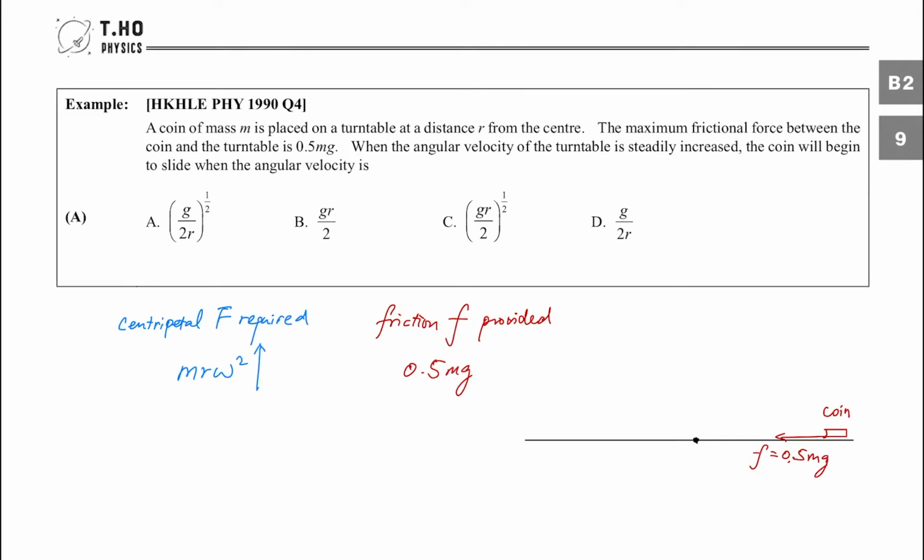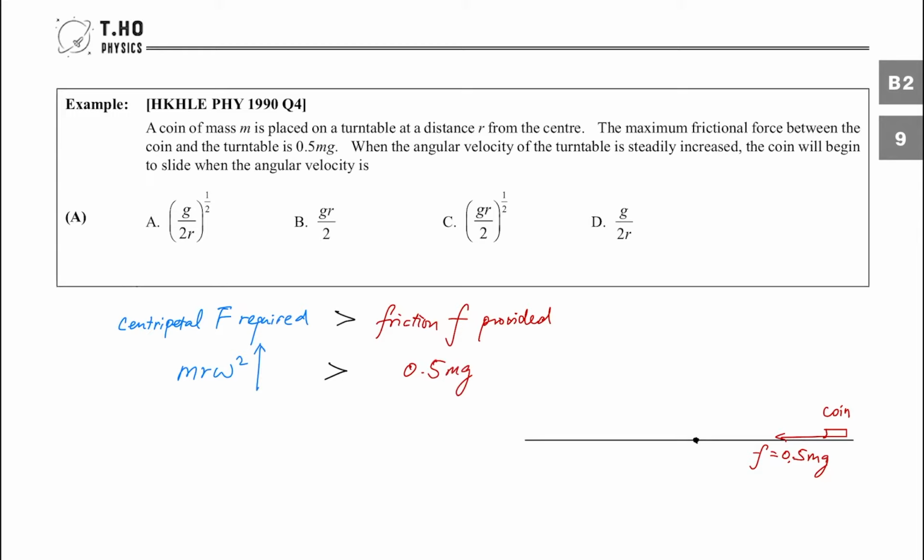As the turntable rotates faster and faster, the centripetal force required is larger and larger, until a certain point where it is larger than the frictional force that can be provided. In this case, the coin will skid because the friction is no longer enough to provide the centripetal force